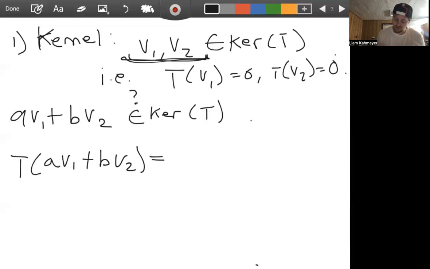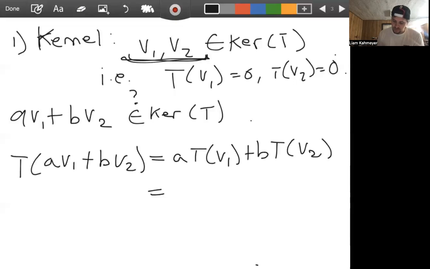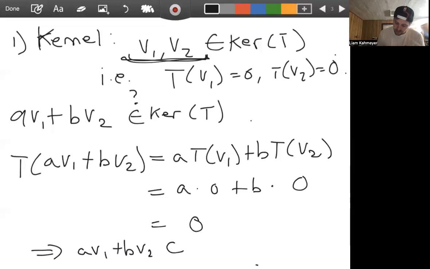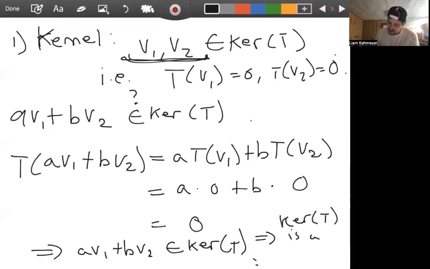T is a linear transformation, so this is a times T of v1 plus b times T of v2, which, since v1 and v2 are in the kernel, is a times 0 plus b times 0, which is 0 plus 0, which is 0. This implies that a v1 plus b v2 is an element of the kernel of T, given that v1 and v2 were elements of the kernel of T. So therefore, the kernel of T is a subspace